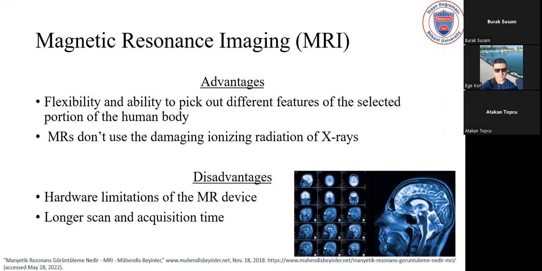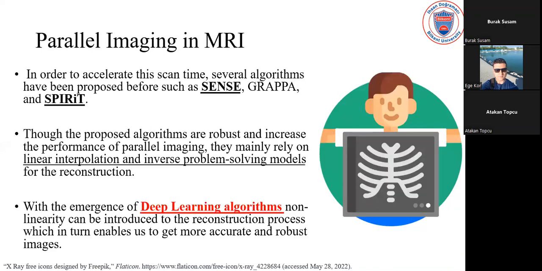The advantages of MRI can be listed as flexibility and the ability to pick out different features of the selected portion of the human body. And actually, MRs don't use the damaging ionizing radiation of X-rays. But the disadvantages of MRI can be listed as the hardware limitations of the MRI device and longer scan and acquisition time. In the parallel imaging of MRI, in order to accelerate this scan time, several algorithms have been proposed,